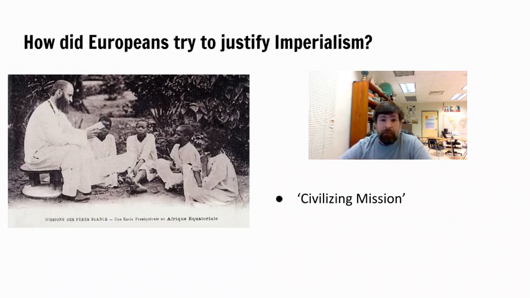So this very racist idea, and you'll see that all of these justifications are super racist. This idea is the idea that non-white people are less civilized, that Europeans have perfected civilization to some extent, and that now they're going out to the rest of the world and teaching them how to be as good as the Europeans. A lot of times this involves Christianity, right?